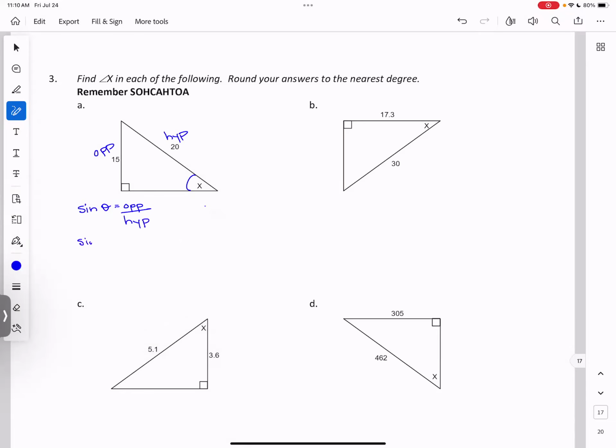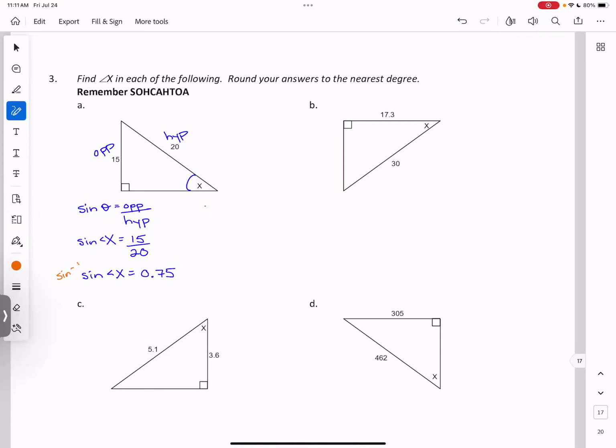So sine of our angle x is going to be 15 over 20. So in decimal form, that is, I think that's 0.75, right? Yes, 0.75. And so now, if you're like me, you can think of this as taking the sine inverse of